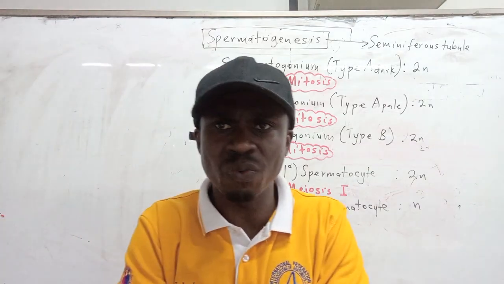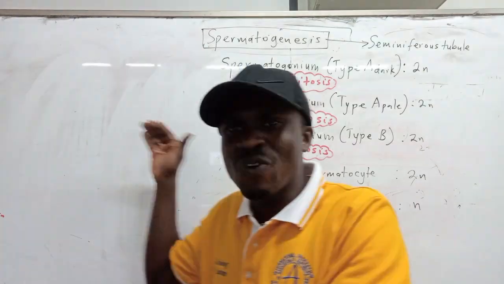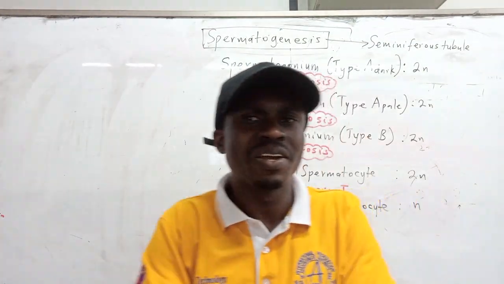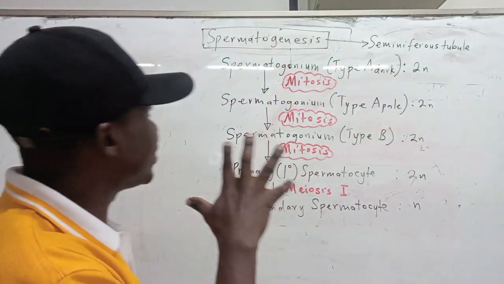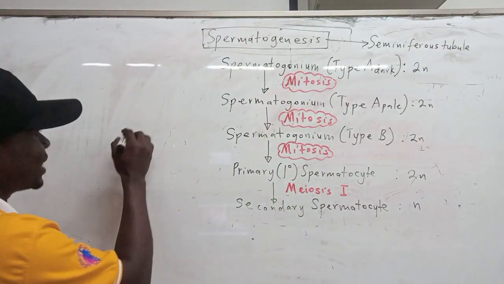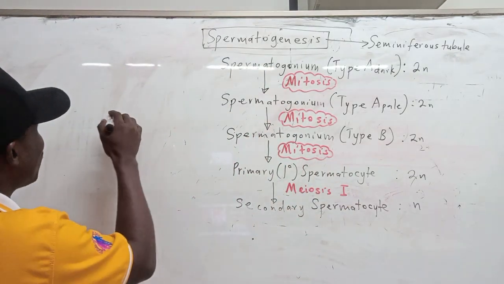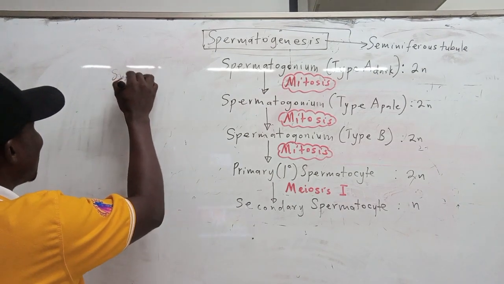There are some cells over there. They don't form the spermatogenic series. We call them the sustentacular cells. Now let me put that point down here for you. Sustentacular. So now the point is that whenever you hear the word sustentacular,